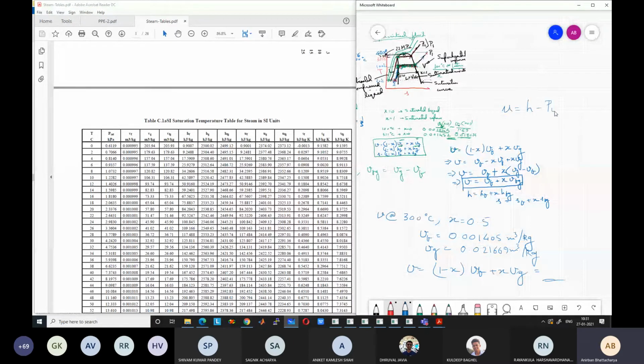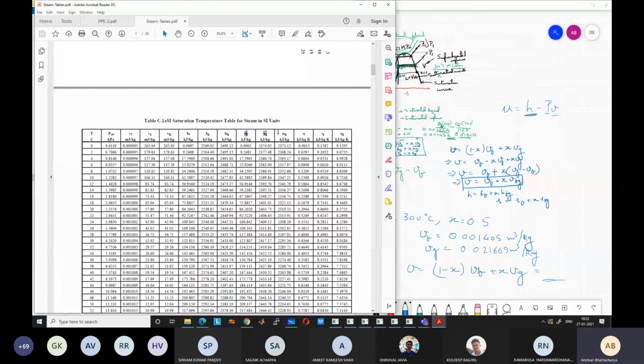And anyway, in our steady flow problems, we don't need these values of internal energy. We only need the enthalpy values and entropy values. So for us, it is not any concern. But in case you are curious how U and Ufg are calculated, these come from the Hf, Hg and Hfg values. Entropy values we will also need, so you can just take a look at Sf, Sg and Sfg in the table.